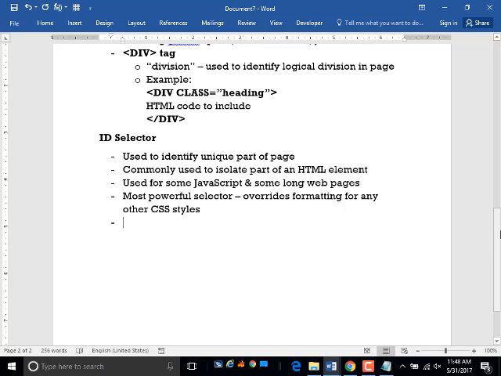It's going to have two parts, just like we did with that. So first thing is that the name of an ID selector has to start with a hashtag. So instead of a dot, like a class selector, it's going to have a hashtag. So example would be like hashtag blue,